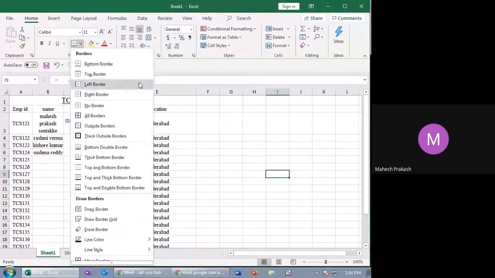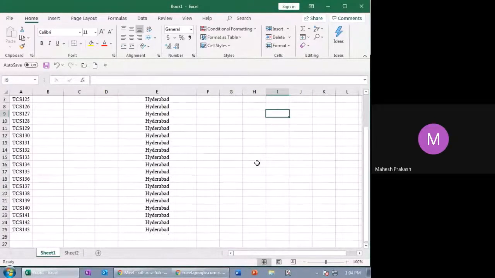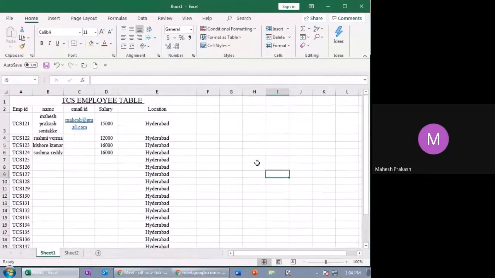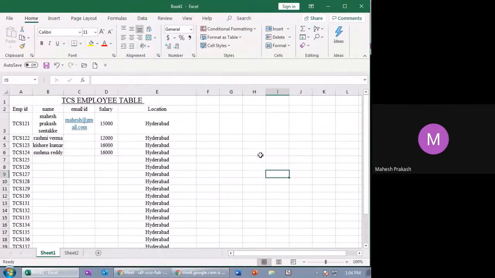This is borders. Okay. Now see my cell. It doesn't look good. If you want to design your cell, professionally people don't design it, but still you can design it in black and white, not with colors, but only with the borders. So for borders we have bottom border, top border. So I'll show you here.